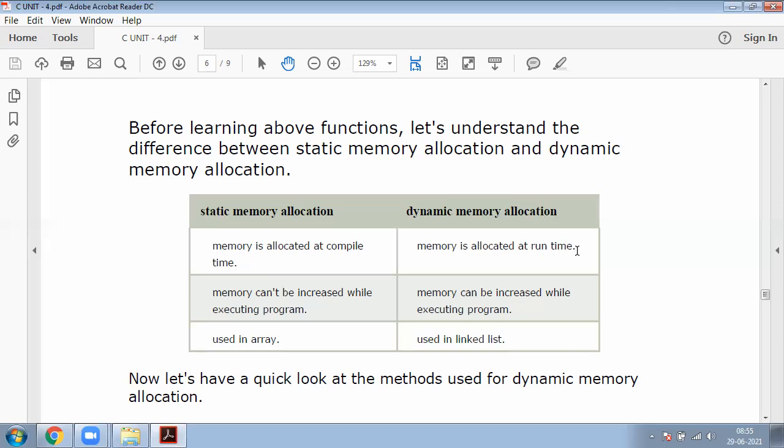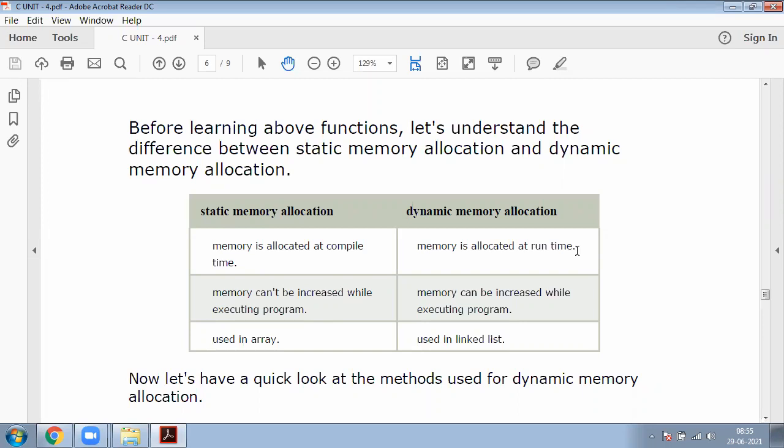Now here is another difference. In static memory allocation, memory cannot be increased while executing the program. Why? Because this is static. If we want to increase the memory, we can't while executing the program.